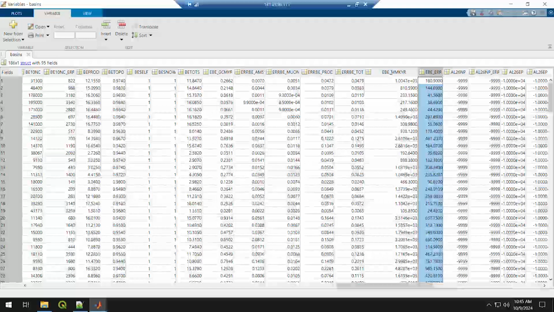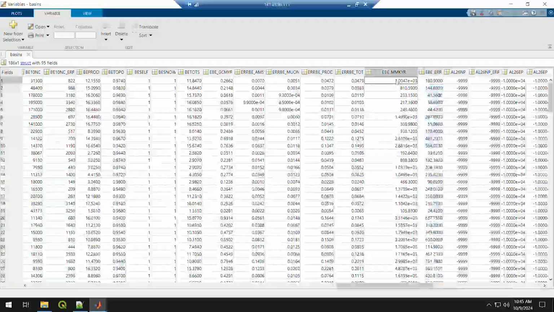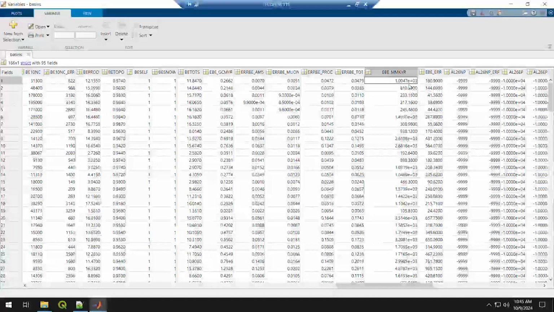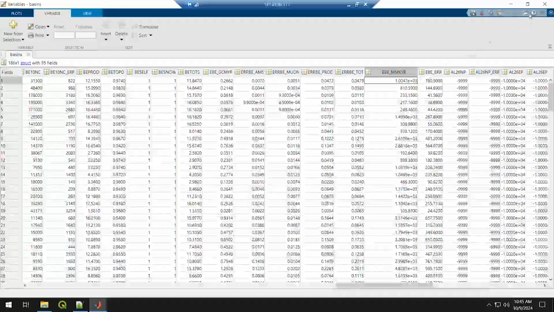Okay, so the erosion is expressed in units of millimeters per kilo year. And you can see the first entry is 180 millimeters, so 18 centimeters per 1,000 years, as an erosion in the first basin. Okay? So we just need to, oh no, this is the error. Sorry, it's that one here. This one, it's 1,004, so it's about a meter in that case. Okay,